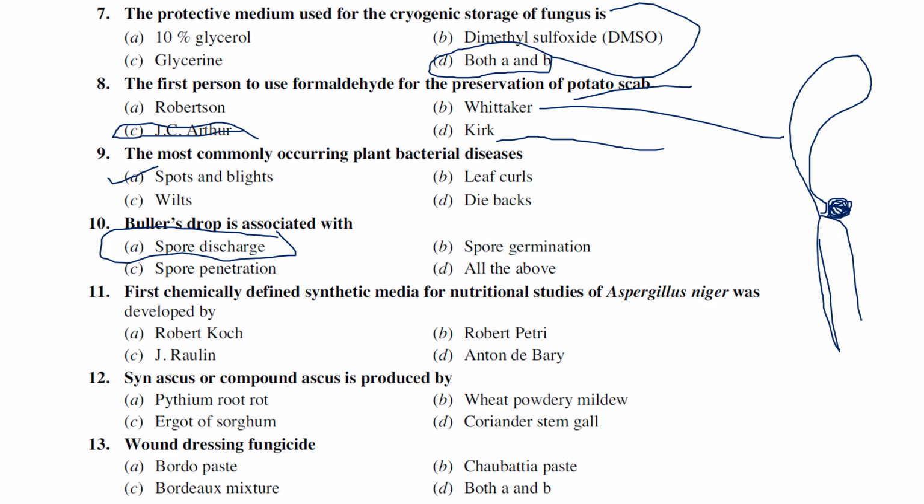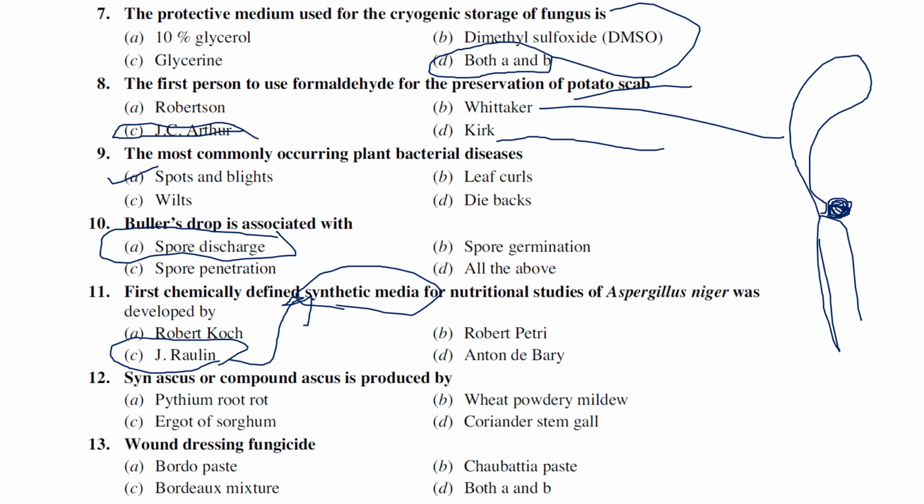The first commercially defined synthetic media for nutritional studies of Aspergillus niger was developed by whom? The first commercially synthetic media was developed by Raulin, not J.K. Rowling. The options are Robert Petri, Raulin, and Anton de Bary. As I told you, Raulin was the first person who developed the synthetic medium for culturing organisms. Whatever the organism, remember the first synthetic or chemically defined medium was developed